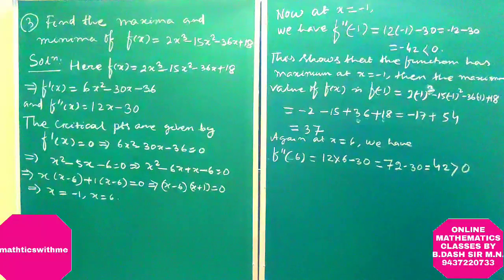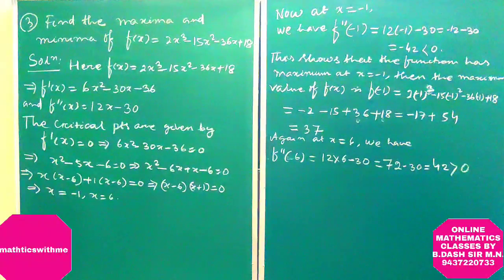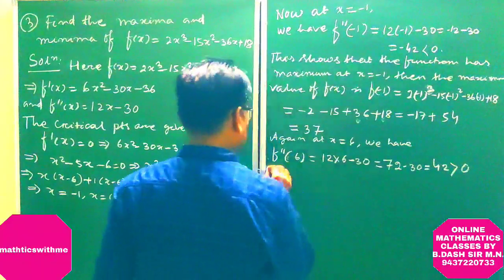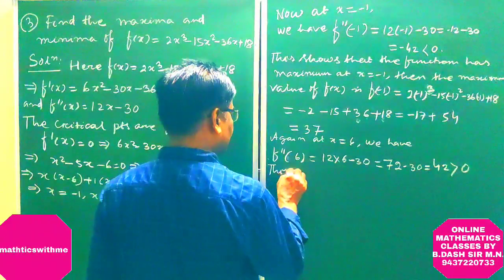So, at x is equal to 6, we have f double dash of 6 is equal to 42 greater than 0. This shows that